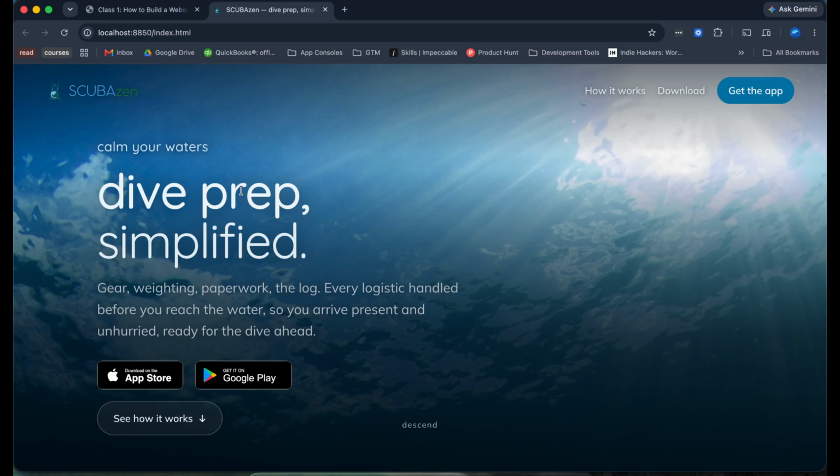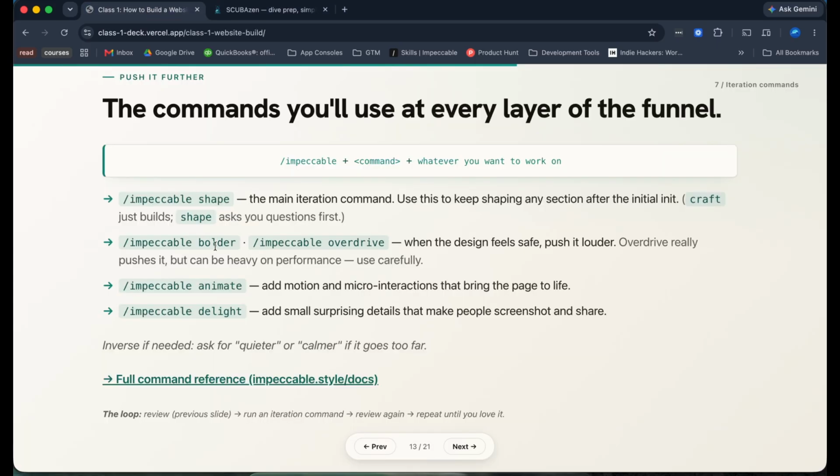This is the first thing people see, so we really want this to stick out and be the wow moment of the website that really is on brand. And so we may have to run this multiple times in order to get it to where we want to be, because Bolder only goes so far.